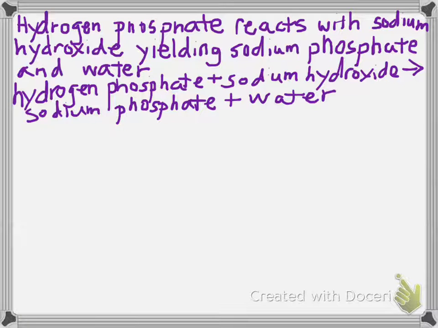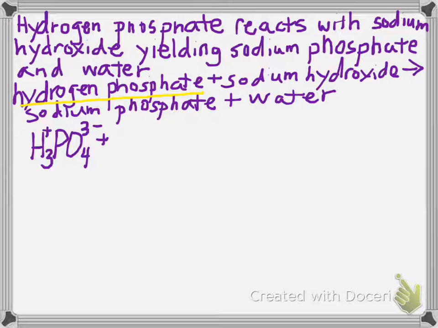So now I want to take this word equation and make it a skeleton equation. I have to write formulas. Again, hydrogen phosphate, that is an ionic compound, so my symbol is H, charge of +1. Phosphate you have memorized is PO4, charge of -3. So I have to write this as H3PO4 plus